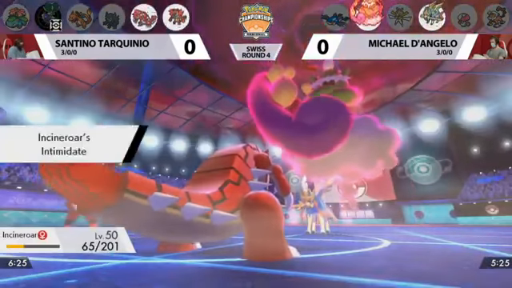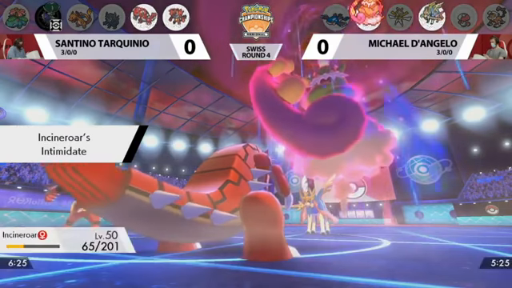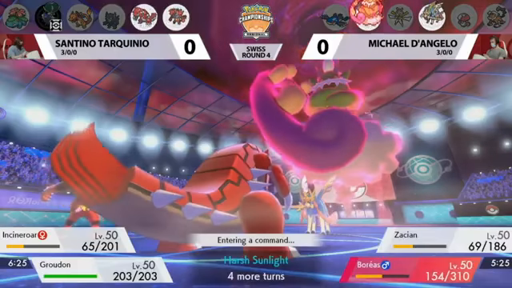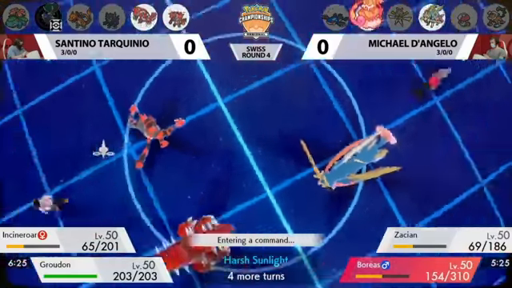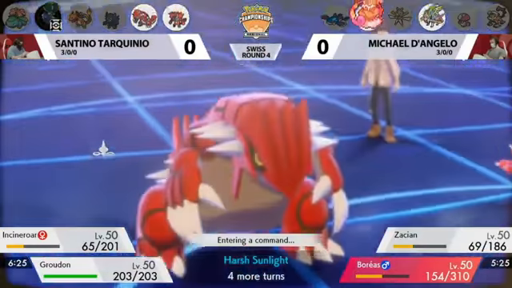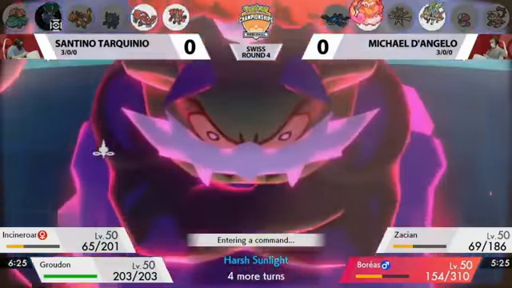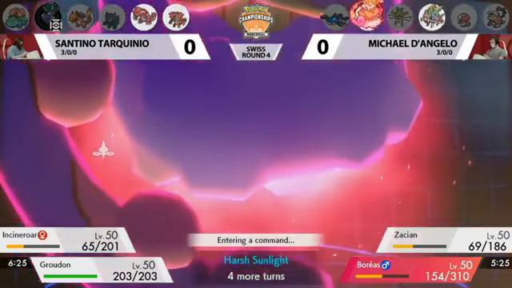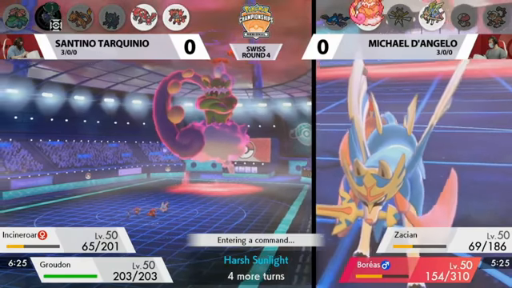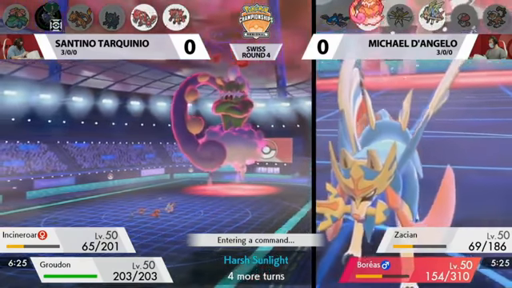So again, good information. Unfortunately, unfortunate that it was revealed a little bit early, but did still get the knockout on the Calyrex Shadow Rider, and certainly does threaten big damage down onto the Groudon now that it's back out on the field. But I think the most important thing to note here, though, is that Michael is one knockout away, a very easy knockout with that Incineroar at such low health, from locking Santino into his last 2 Pokemon, which means assuming